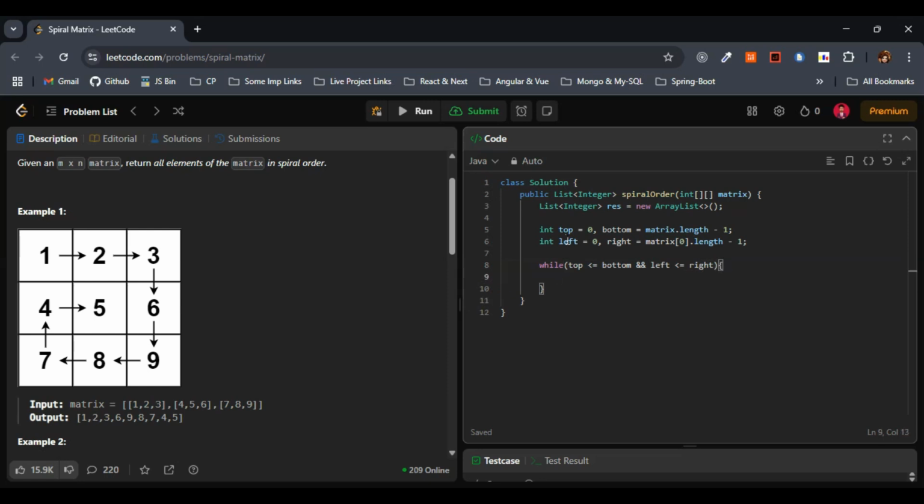What we will do in this case, we will iterate while we have layers. So we will move from left to right on the top row. I'll just make use of the for loop here, int j equals left, j less than or equal to right, and let's increment the j here. This is fine. So first we are iterating while we have layers, and we are going from left to right on the